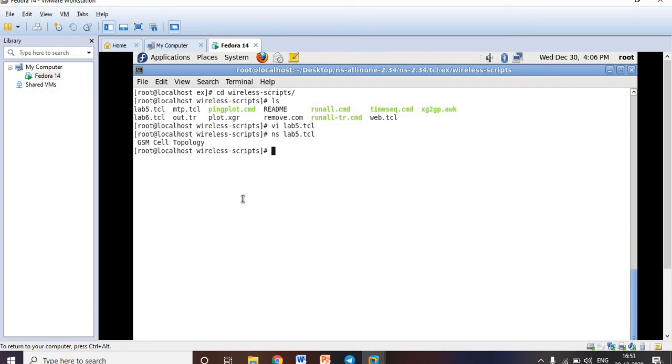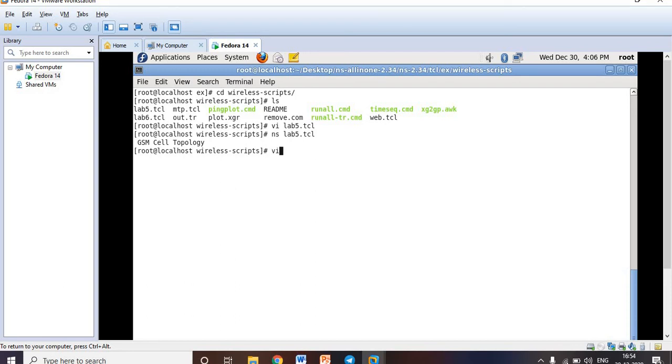Remember that you have to save your TCL file within this wireless scripts folder only. So this is how you need to execute your fifth program. How to execute your sixth program then? It is the same as the fifth program.